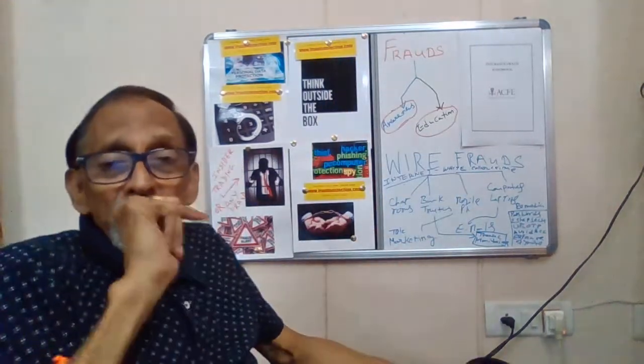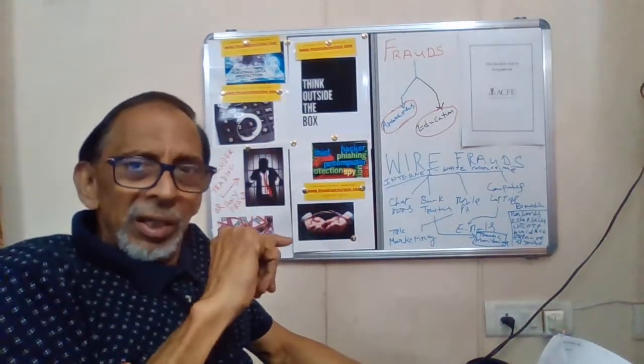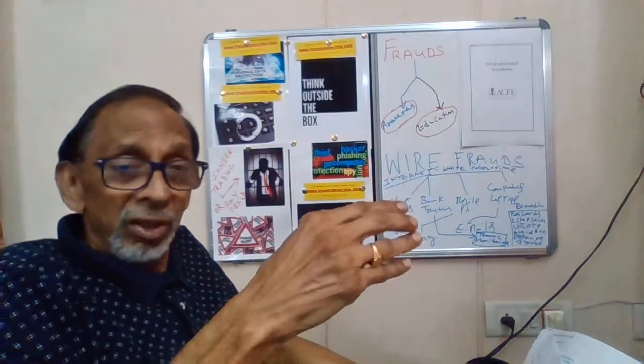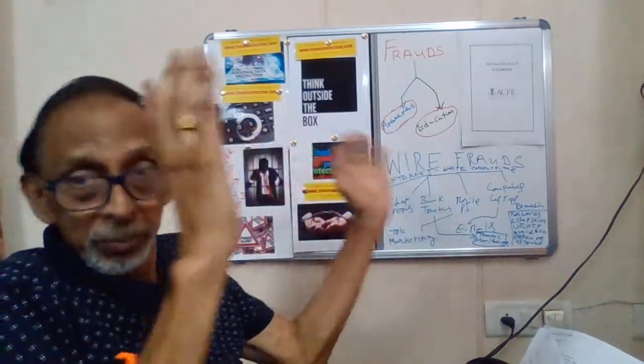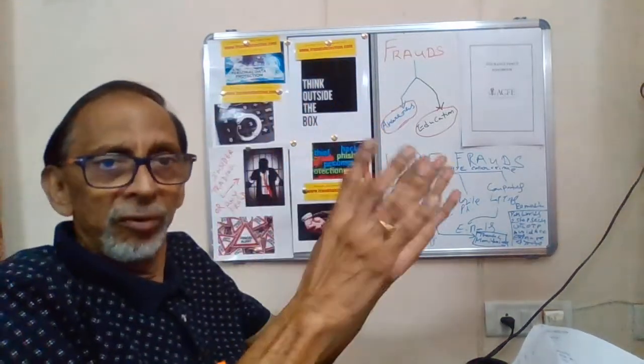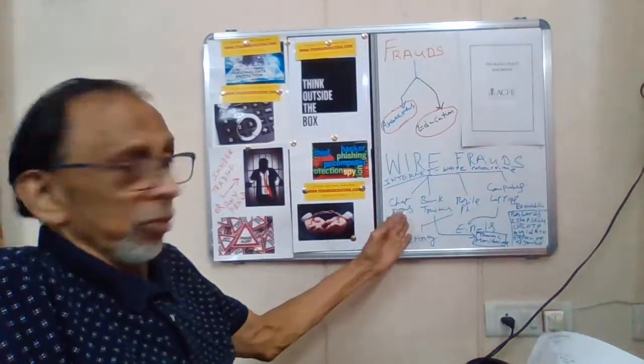Also, you should note that any wire fraud that is committed, especially what we see in money laundering, which is done by very, very big persons, is all a white collar crime. First of all, a wire fraud is a white collar crime, and it is perpetrated through various means on the internet. For example, it can be perpetrated through chat rooms,